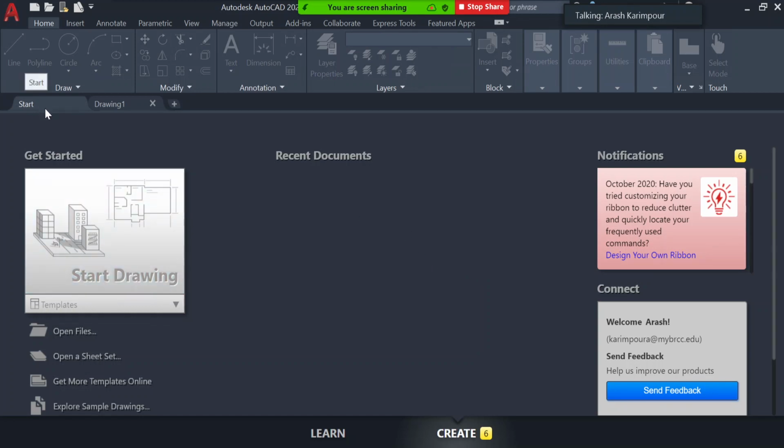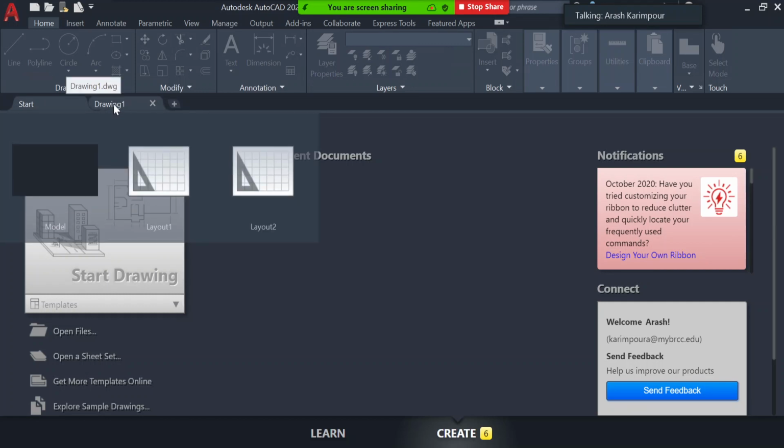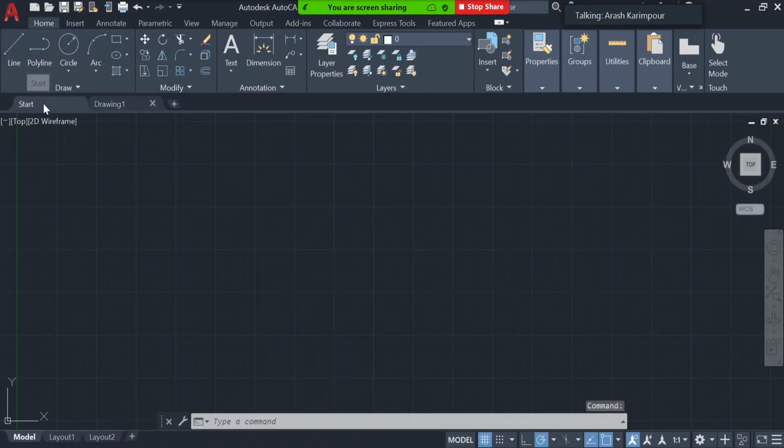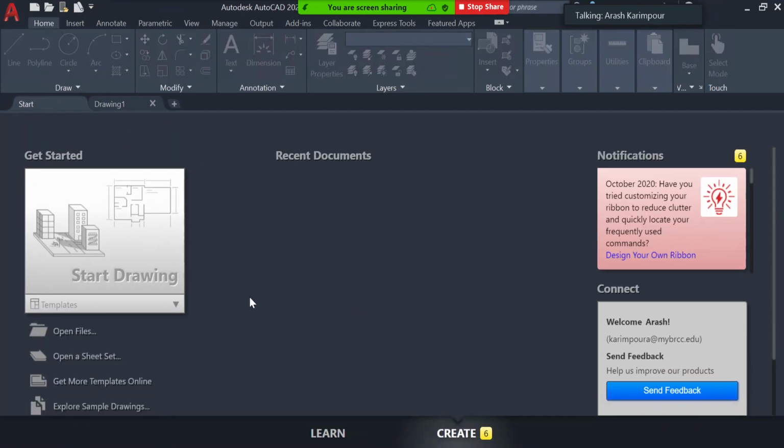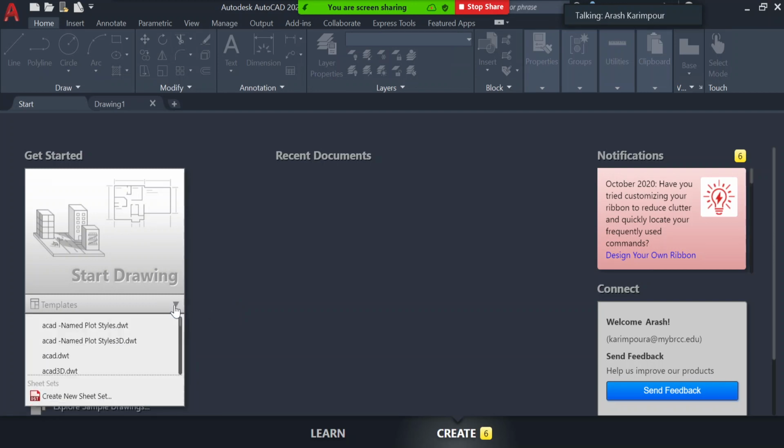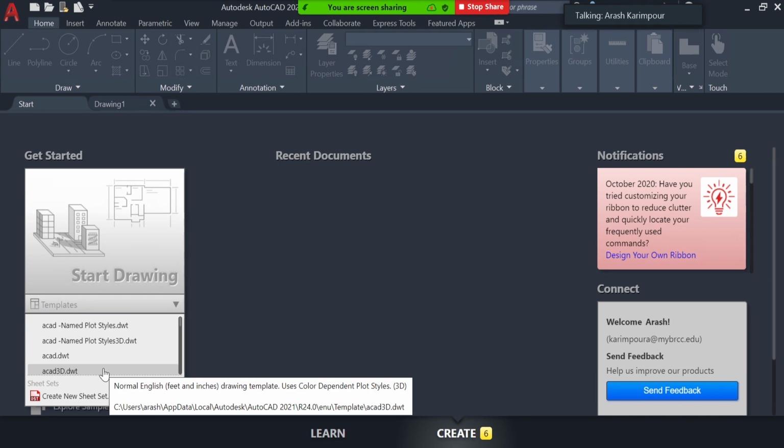If you open your AutoCAD, usually you are in the Drawing 1 tab, something like that. So go back to the Start tab if you are not, and then, as I said, it's much easier to start from the template. So again, if I want to start from a template, I have two options we are using at this point. One of them is the AutoCAD 3D, which helps us to start a 3D drawing